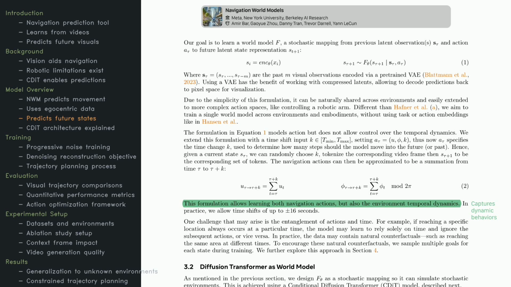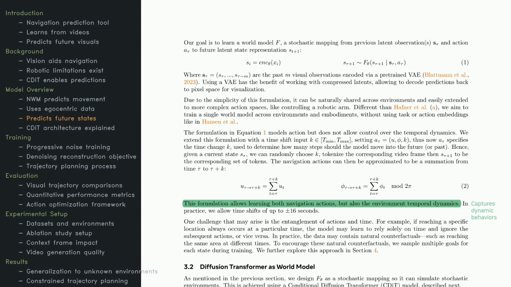The core concept is to build a world model that predicts future states by looking at past observations and actions. Each visual frame is compressed into manageable representations using a pre-trained encoder, and then the model maps those representations and actions to the future state. One big advantage? The same approach can handle different complexities, say, controlling a robotic arm without needing specialized adjustments for